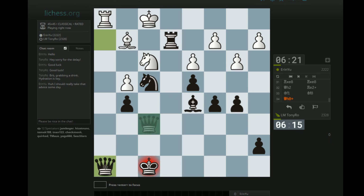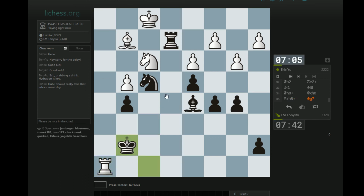I don't know. I don't want to lose. Okay, here. This feels pretty forced. I mean, there's nothing besides really rook h2, right? And I think just rook g2, bishop takes f3, rook g1 is sort of forced. Maybe rook g3 is better. I don't know. Doesn't much matter. So rook h2, rook g2, rook g2, bishop f3,